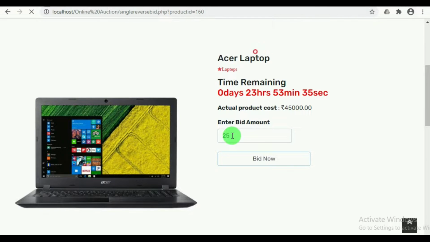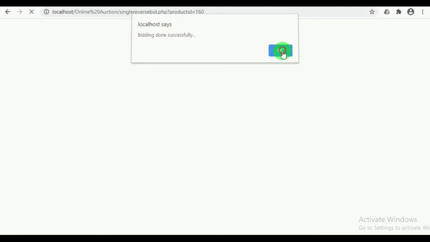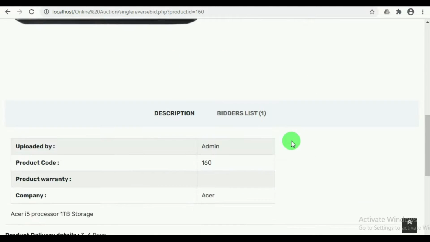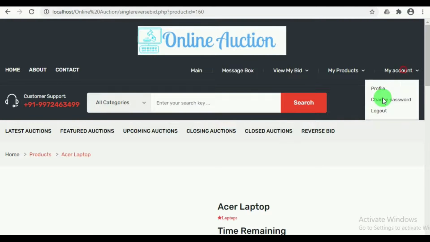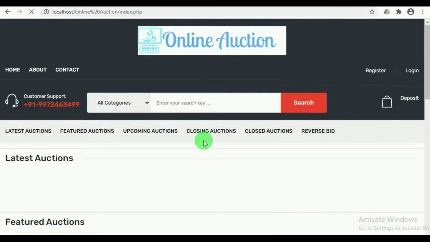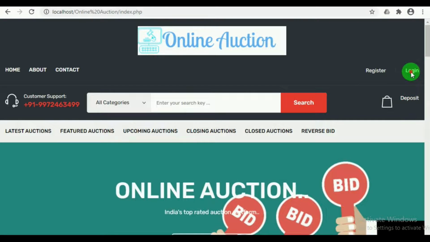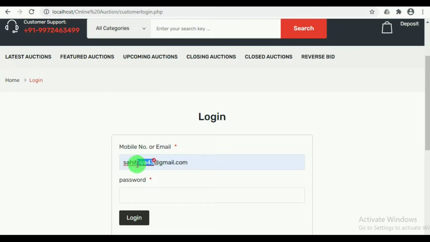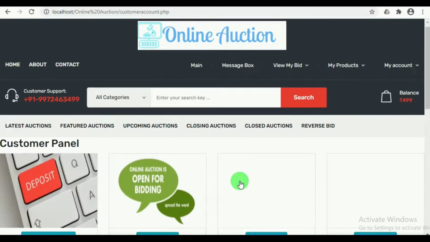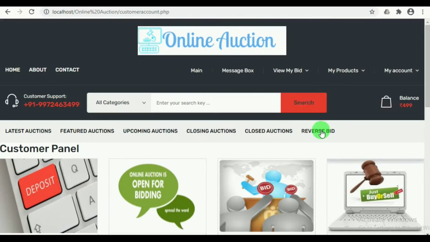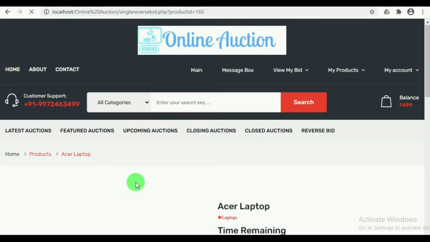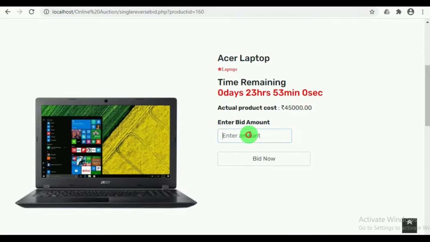On clicking on bid now, the bid will be added. Let us log out as one customer and let's log in as the new customer. Even this customer, on clicking on reverse bid, can view the number of bids and can enter the bid amount.